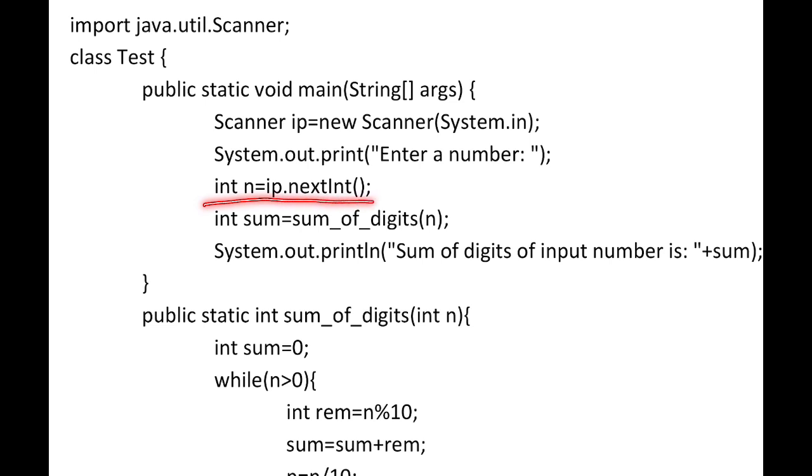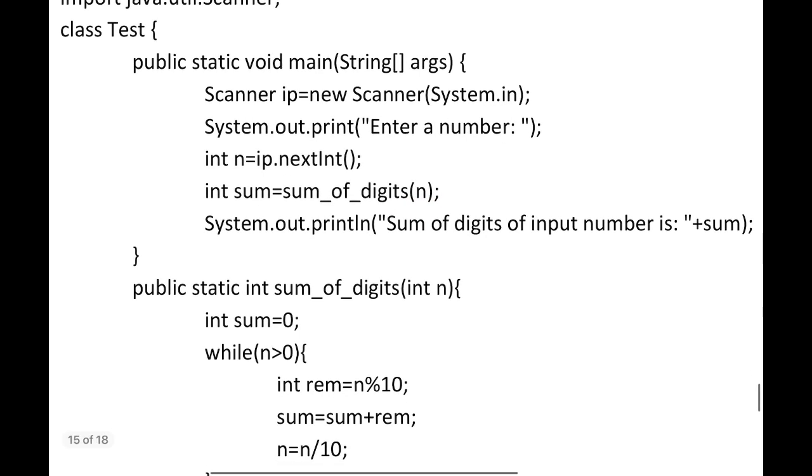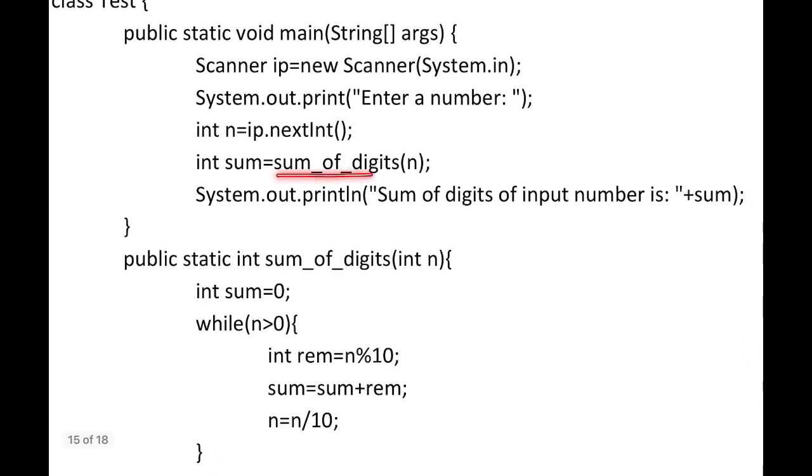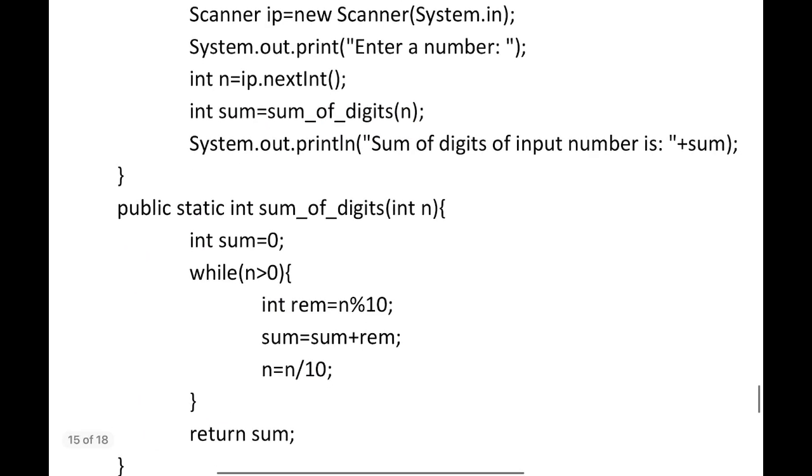Then int n = ip.nextInt(), that is the input from the user is stored in the variable n. Now int sum = sumOfDigits(n). So here the method sumOfDigits is called and the value of n is given as argument. Now when we call this method sumOfDigits, the control comes to this method and the value of n